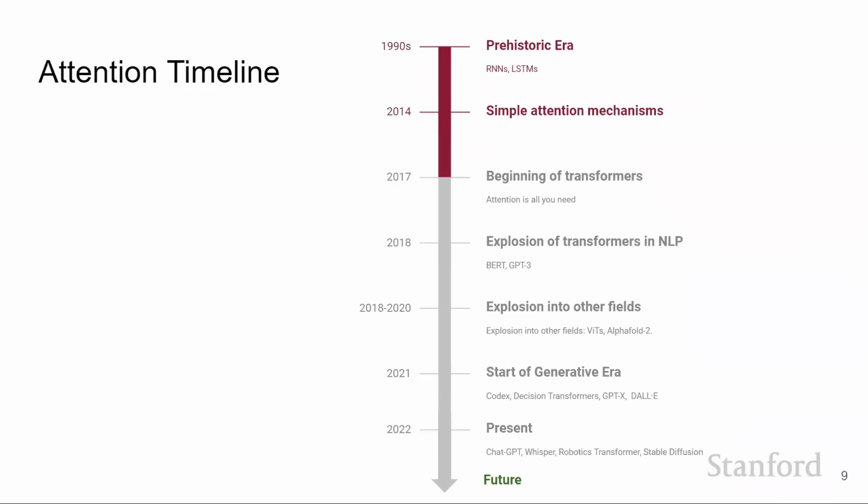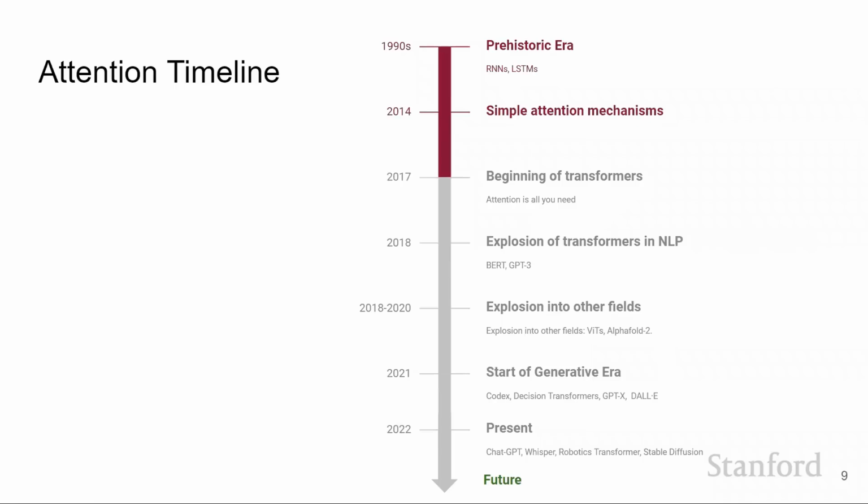Okay. So let me start with presenting the attention timeline. Attention all started with this one paper, Attention Is All You Need, by Vaswani et al. in 2017. That was the beginning of transformers. Before that, we had the prehistoric era where we had models like RNNs, LSTMs, and simple attention mechanisms that didn't work or scale that well. Starting 2017, we saw this explosion of transformers into NLP, where people started using it for everything. I even heard this quote from Google: our performance increased every time we fired our linguist.